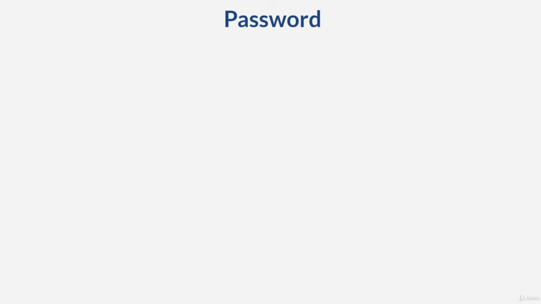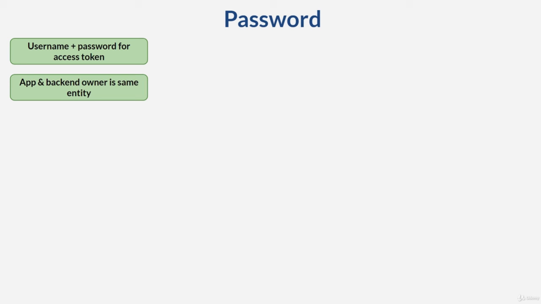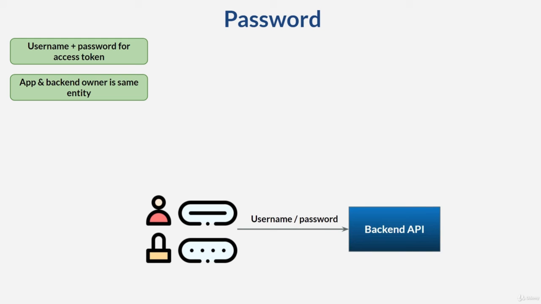Password grant flow exchanges a username and password for an access token directly. Since this requires the application to collect the user password, it must only be used by applications created by the service itself. For example, if you create native mobile application X and also its backend, use this grant type to get access to the API. In password flow, application X sends the username and password to backend X.